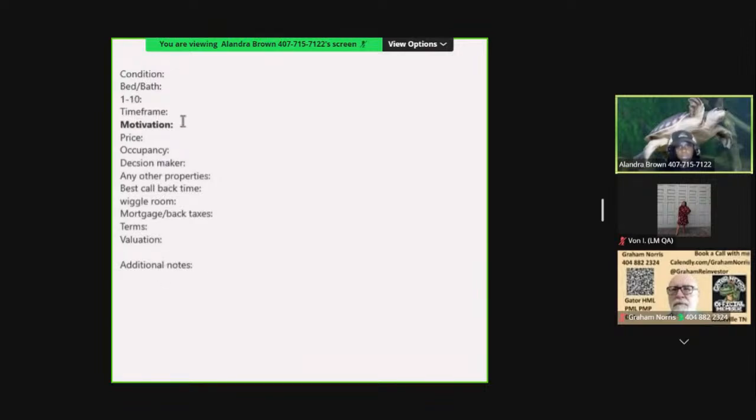So this is what you guys have to get. And what I would do is you guys see this on a sticky note, or you can use Notepad. It comes installed on every computer. Copy, write down all the criteria you need to get on each call, put it on a sticky note, or put it on